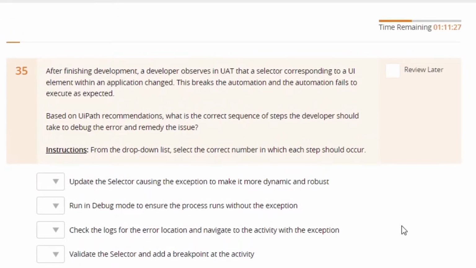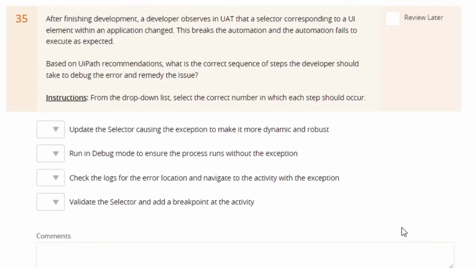After finishing a development, a developer observes in UAT that a selector corresponding to a UI element within an application changed, and this breaks the automation, and the automation fails to execute as expected. Based on UiPath recommendation, what is the correct sequence of steps the developer should take to debug the error and remedy the issue? Here, looking at this option,